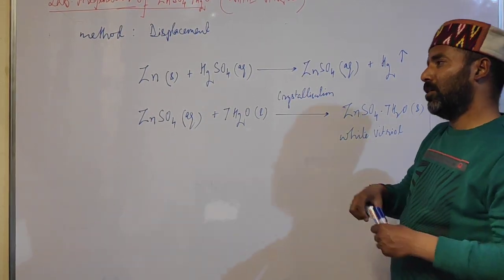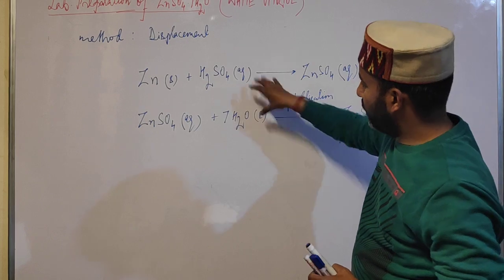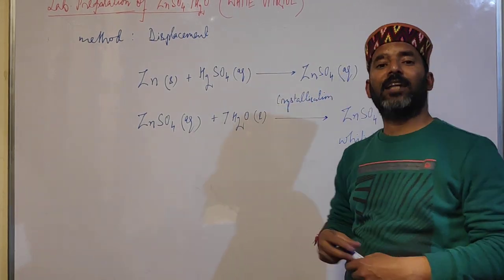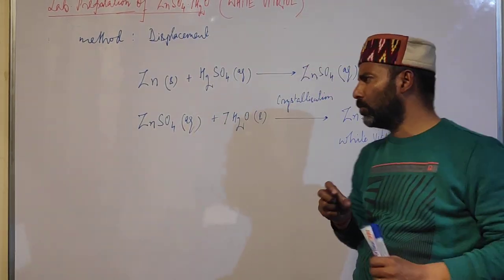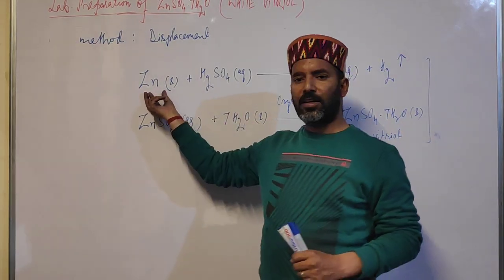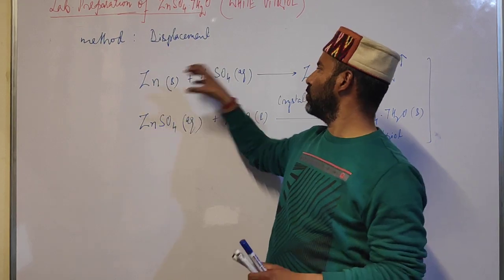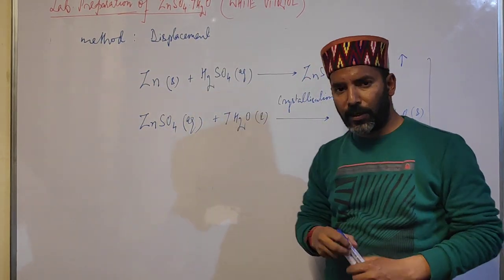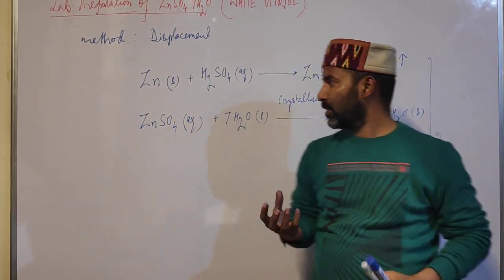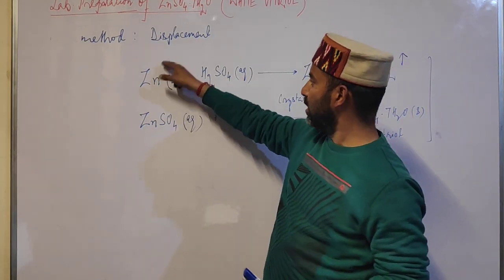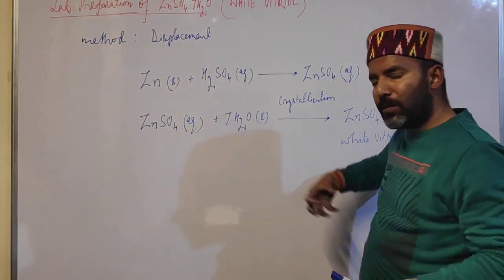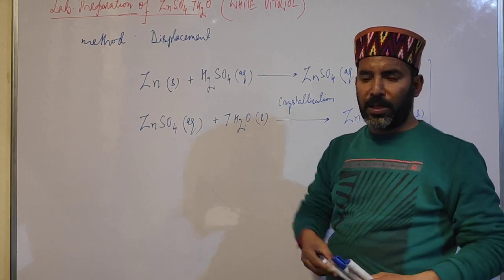Now how is this process or this reaction carried out in the lab? So students, what we do in the lab is that we take granulated or powdered zinc and we add this powdered zinc to dilute sulfuric acid taken in a beaker. Now what happens is that when we add zinc to dilute H2SO4, there will be effervescence in the solution, means